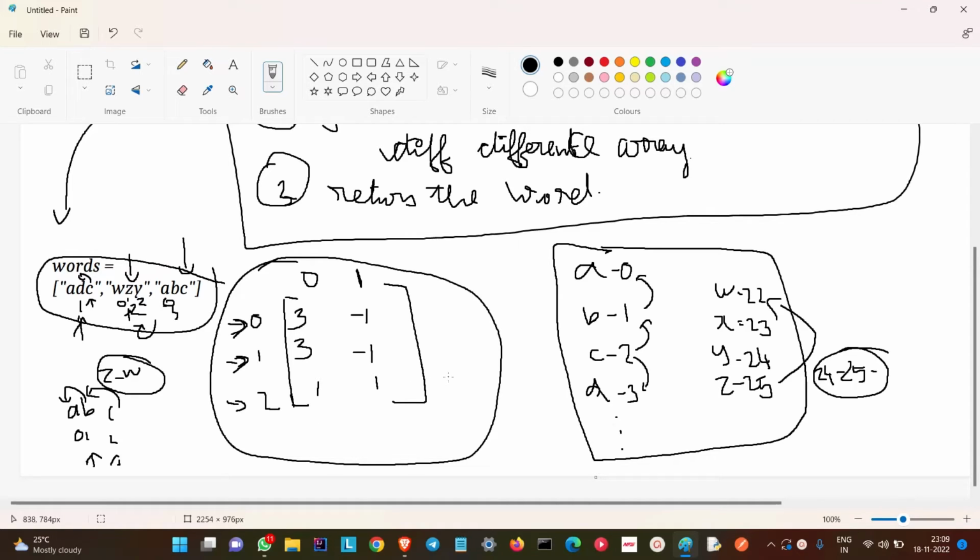And finally we can clearly see that the second index has a difference array which is different from the other words. So we'll return the word at the second index, which is ABC. So this is all about the problem. Each time we'll check the words, check the difference array. So this is all about it. So let's get on to